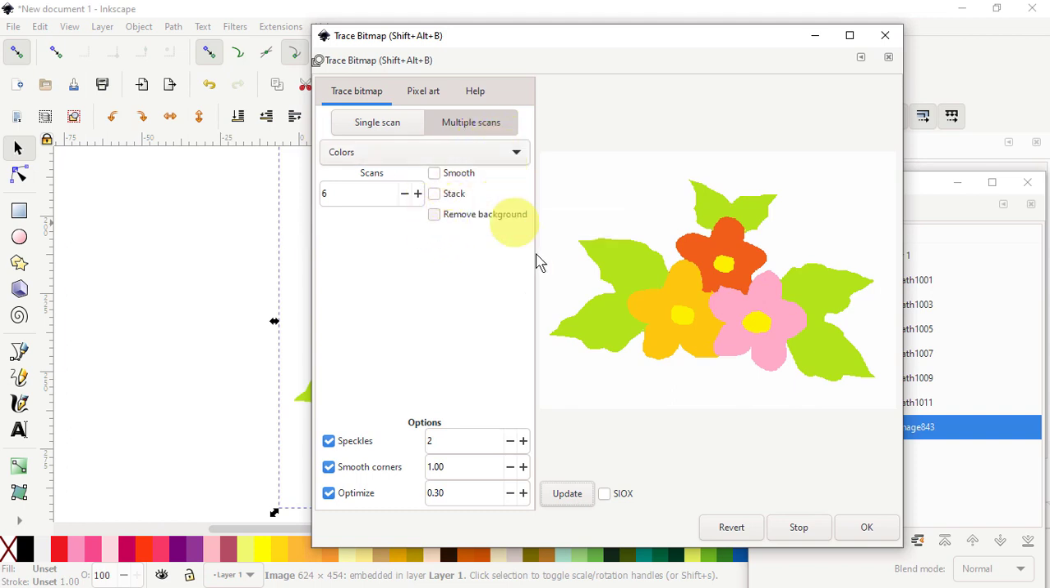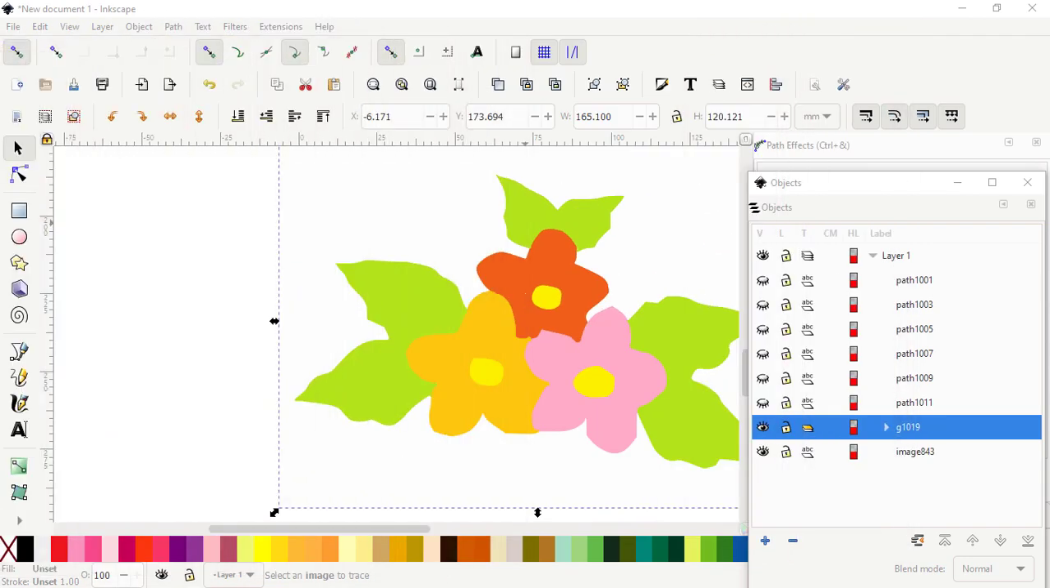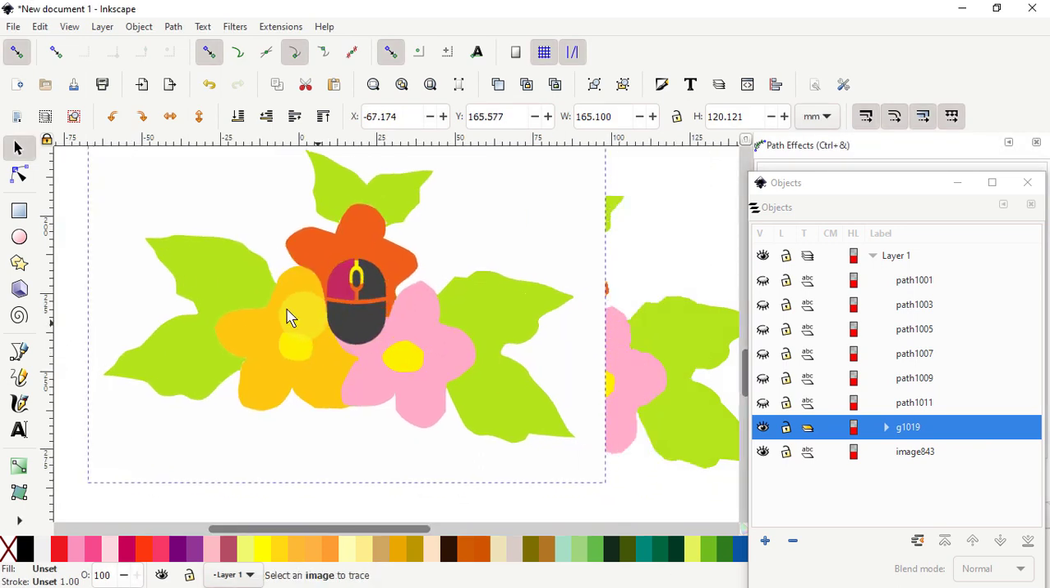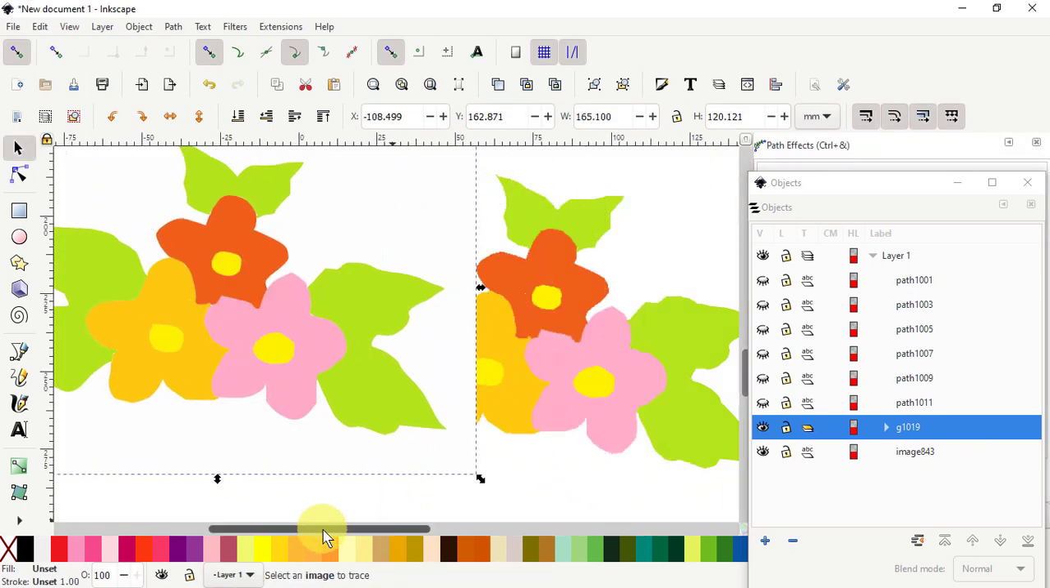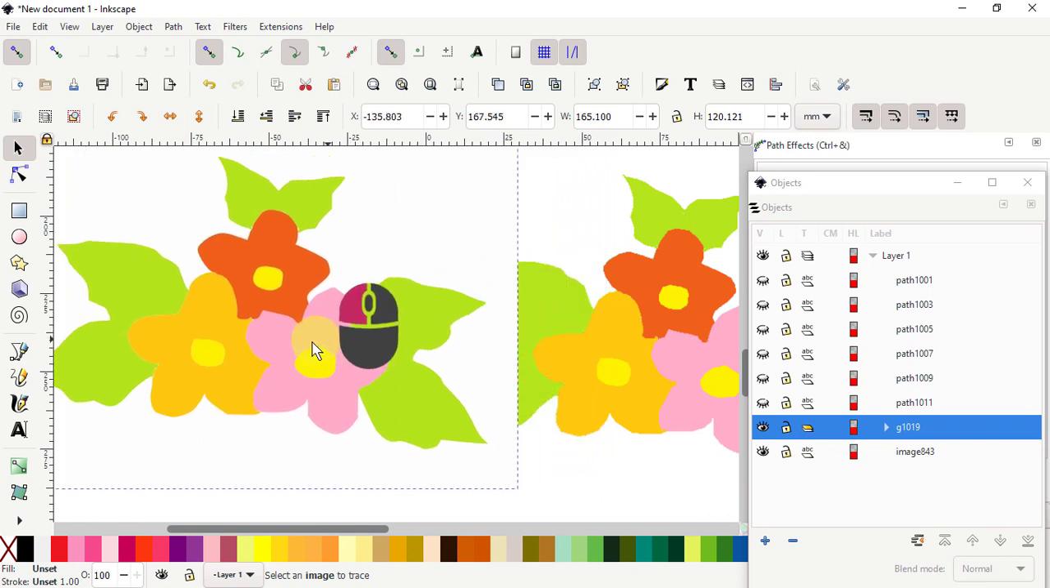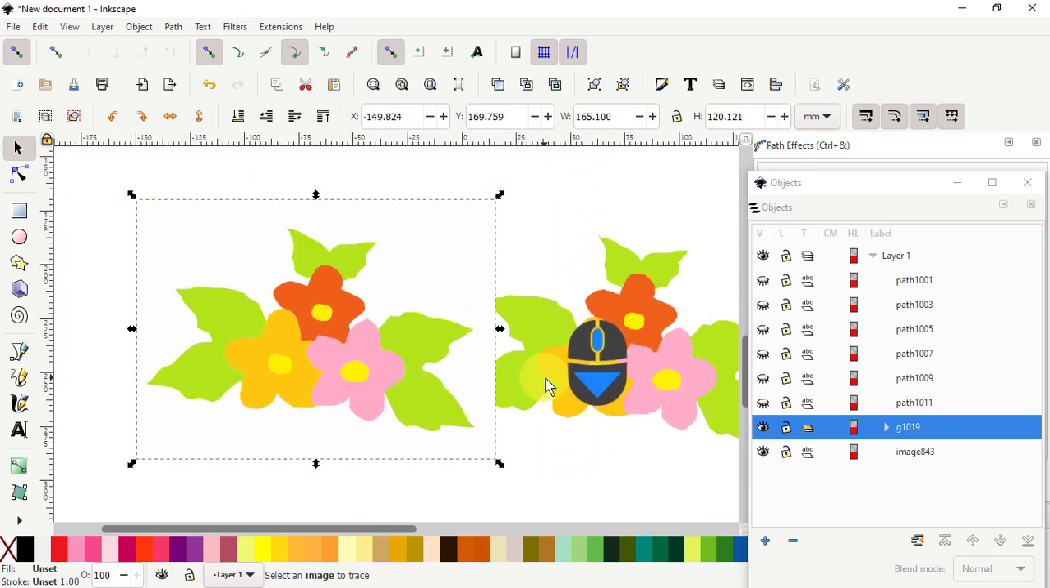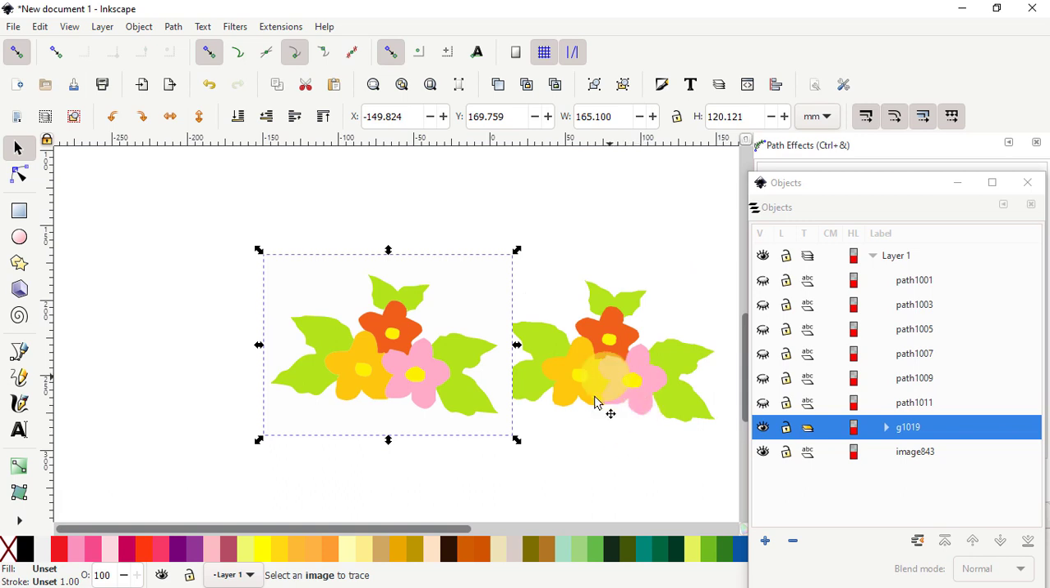So here we go to the multi-scan, the colors, and that looks good on the screen, and update, and we go OK, and that looks good on the screen. As you can see, the group is selected here, and there we have basically exactly the same as the original image. And if we go and ungroup it,